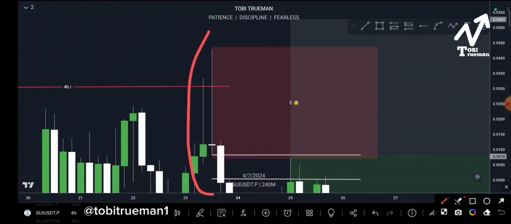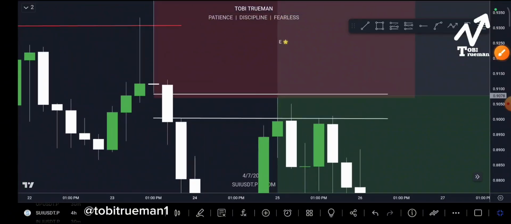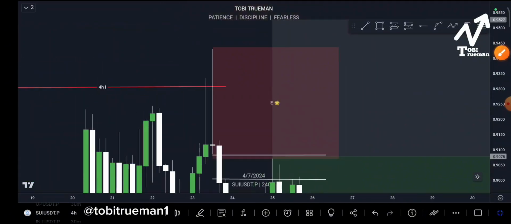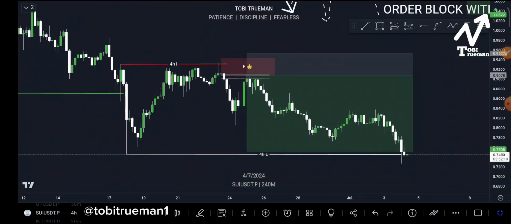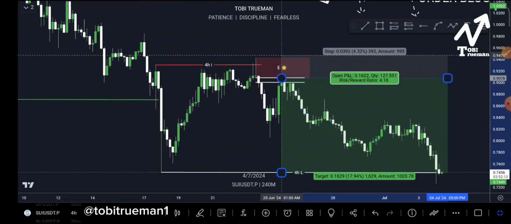This is the entire order block, right? Then this is our candlestick 1, our candlestick 2, and our candlestick 3. So I placed the sell 2 at the low point of this candlestick 1. That is the reason why price did not tap into it. What price just did was that, in between this candlestick 2 and candlestick 3, there's a fair value gap. So price came into the fair value gap, tapped into it, and continued to sell. On a normal day, this trade was supposed to give us about 4 RR, if I'm not mistaken. That's about 4 risk to reward.